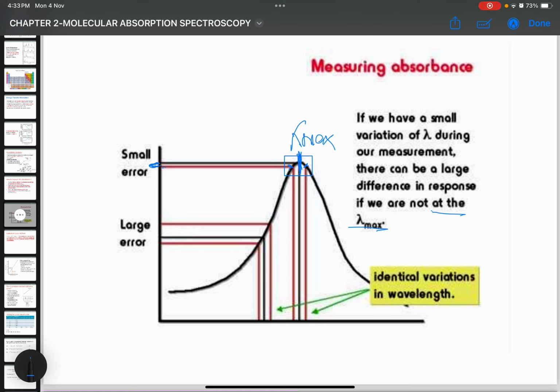Okay, so for quantitative, we have quantitative methods. We have two ways of performing quantitative methods. First, calibration methods, and the second one is standard addition methods. Okay, for this you need to know